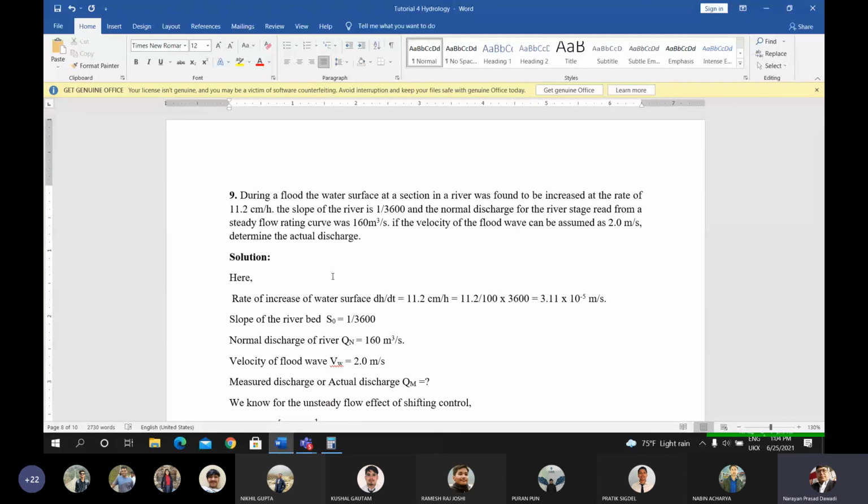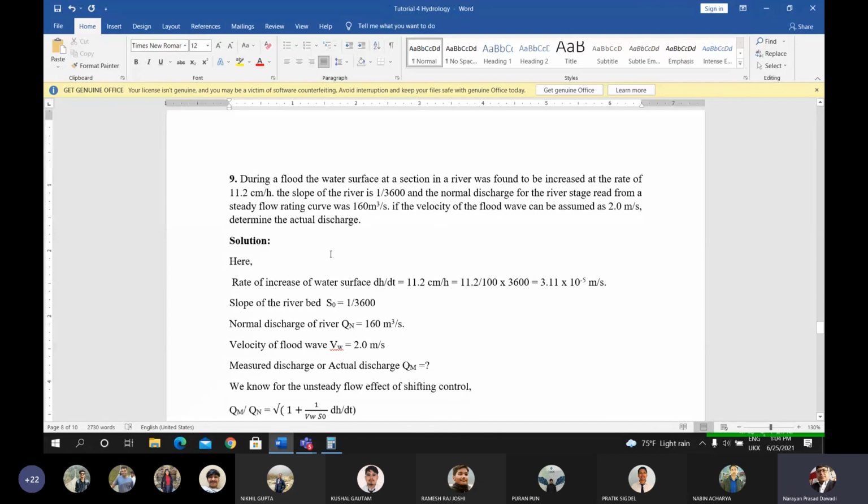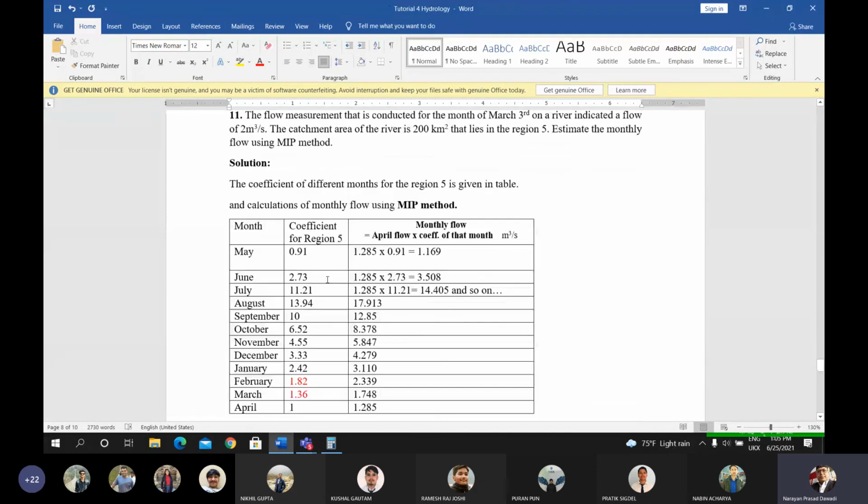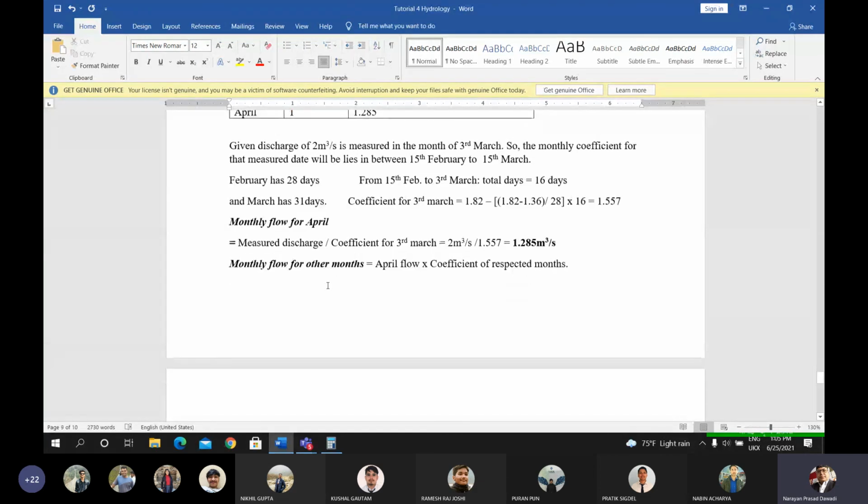R is equal to something p plus b, something b. Then the two unknowns are there. If you know the value of r, you can find the corresponding value of p. If you know any value of p, then the corresponding value of r can be calculated. This is the relationship between r and p. Okay, you can do that as that of the numerical related to the rating curve or the infiltration capacity curve or Horton's equation curve. Okay, you can do that by yourself.